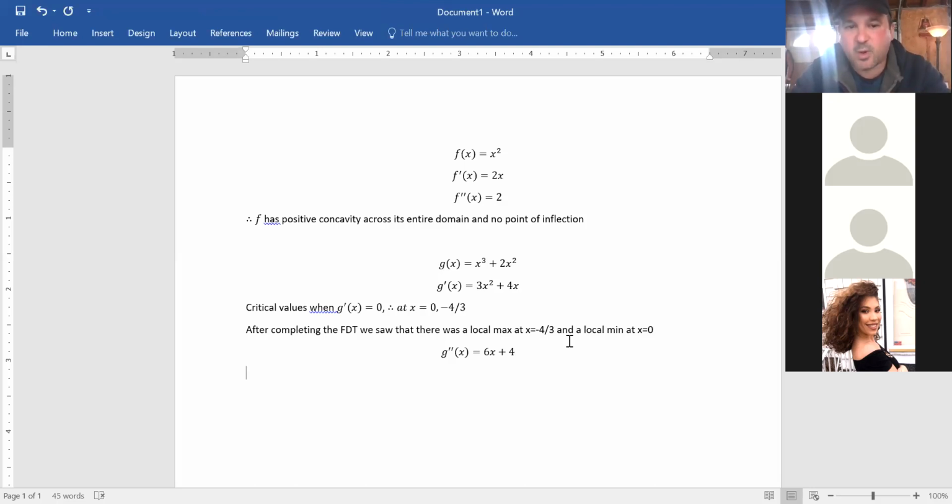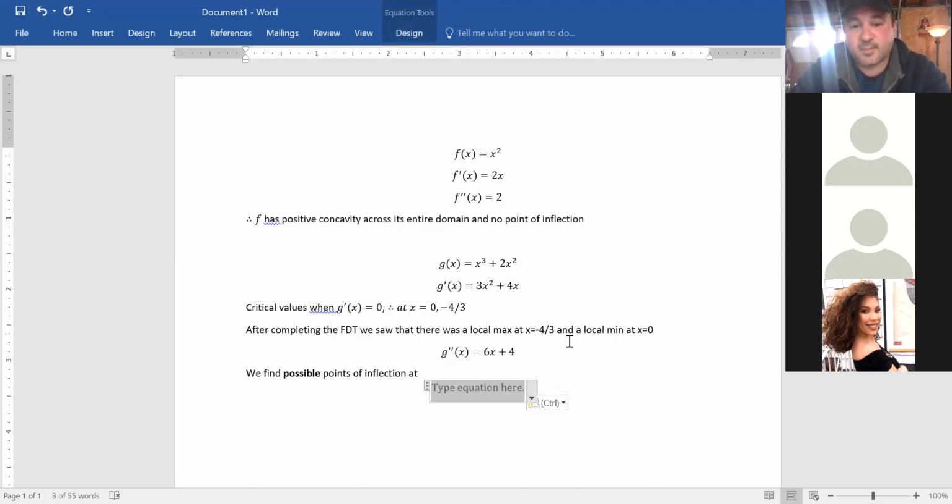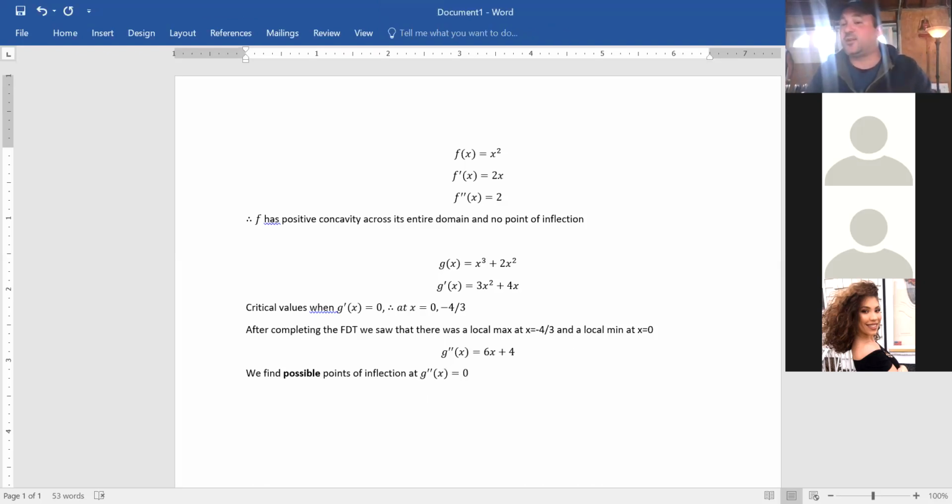All right? What we see here, we find possible, put that in bold, possible points of inflection at G prime, G double prime. So if you're going to be a point of inflection, you're going to happen at this location, but it